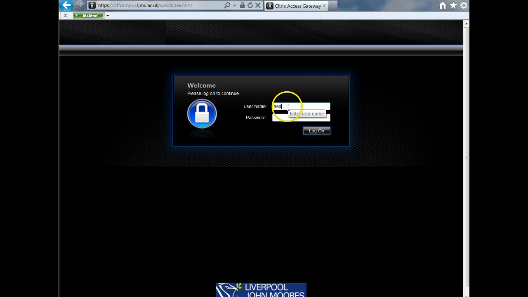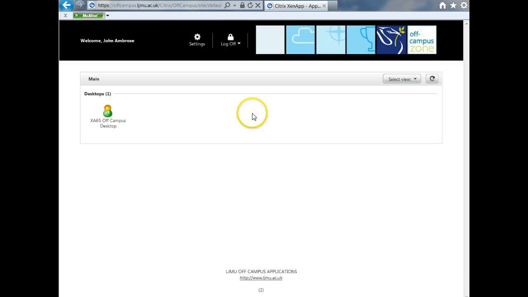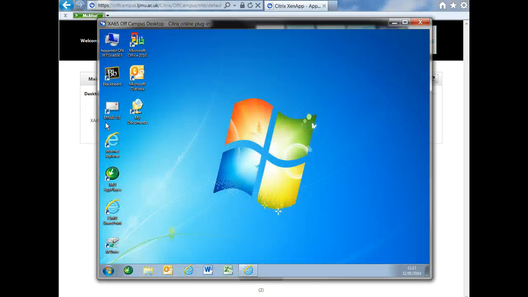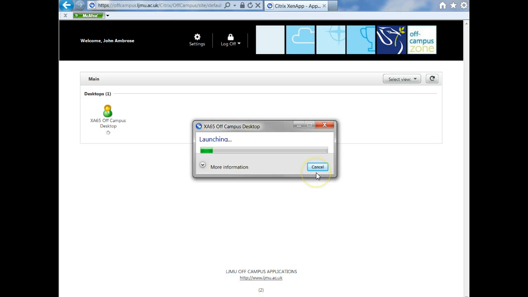You'll have to put your password in, and once you've done that, you will get access to another login page. You might have to do some tweaking on your computer to get this, but here we're going to click on this off-campus desktop and it creates the desktop. It might take a bit of time. I've already done it this morning, so it's coming up quite quickly, but it might take a bit of time